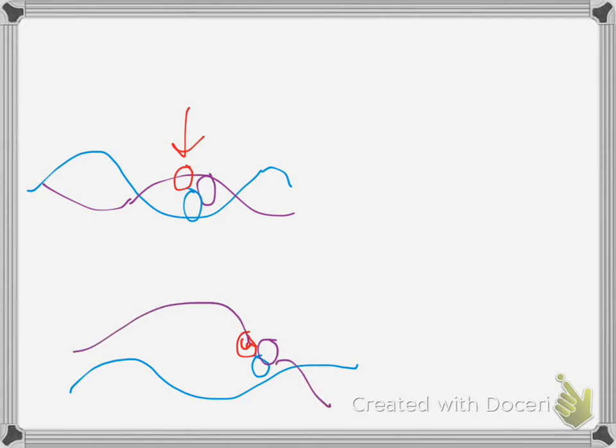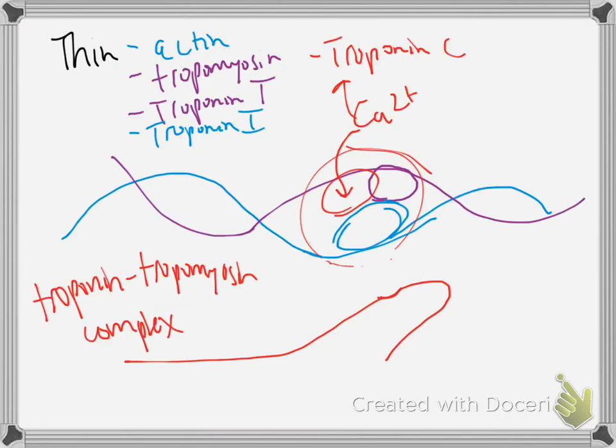And now my active site is open. And then my myosin head can come up and grab it. So the whole point of this is calcium is the thing that needs to bind to this troponin tropomyosin complex to open up this active site so that myosin can reach up and grab the actin and pull it together. So now that we've set the stage, I'm going to end this video. I would highly recommend going back, watching this video again, put it on 2x speed, and listen to all this anatomy again. Because now we're moving into this physiology, these different processes, and you want to have a good idea